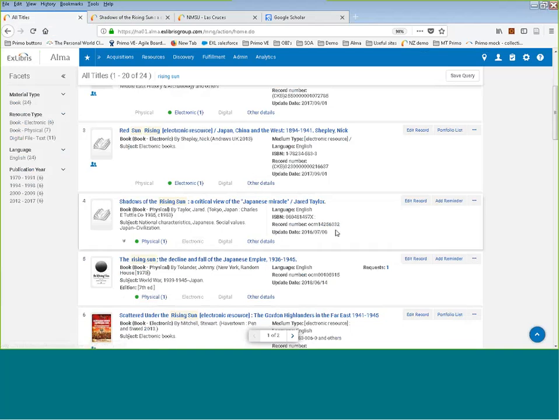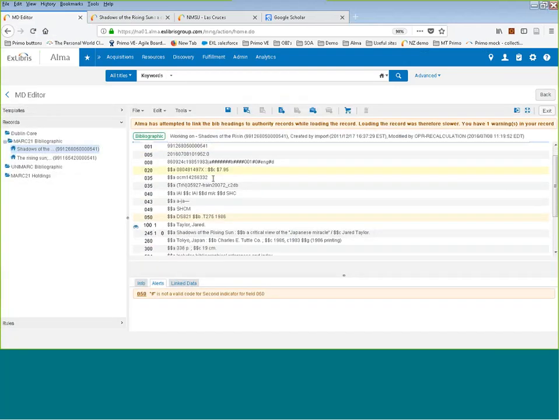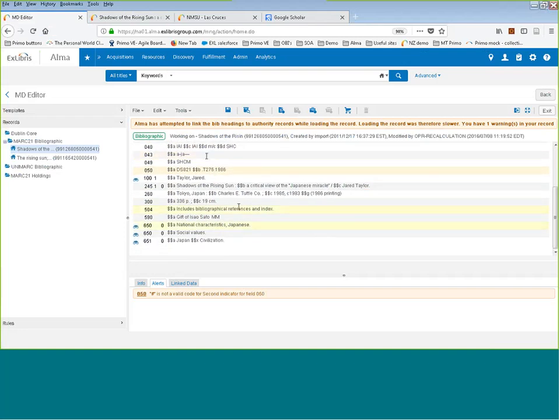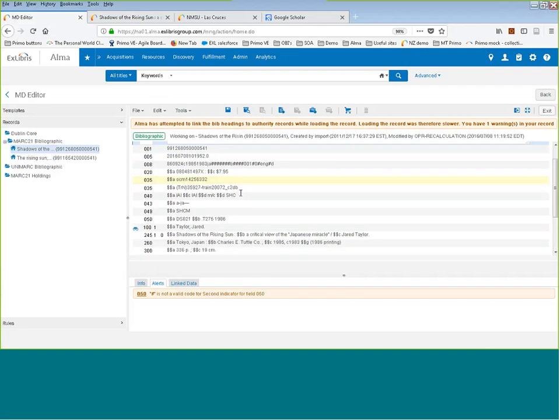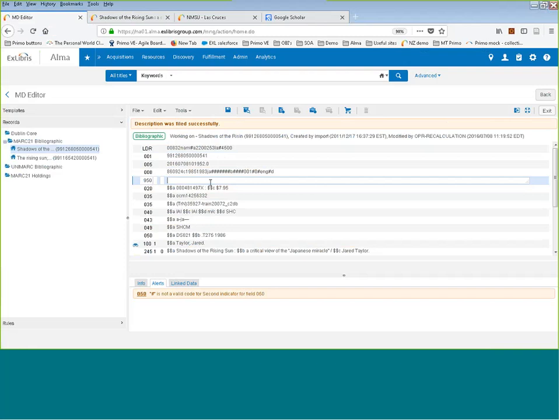And I was looking at this record here. Okay, and I want to make a few changes and see them, and I also want to add a few local fields as well. So let's add a field. Let's add a 950 field and say $a, $a over here. And say this book was donated in celebration